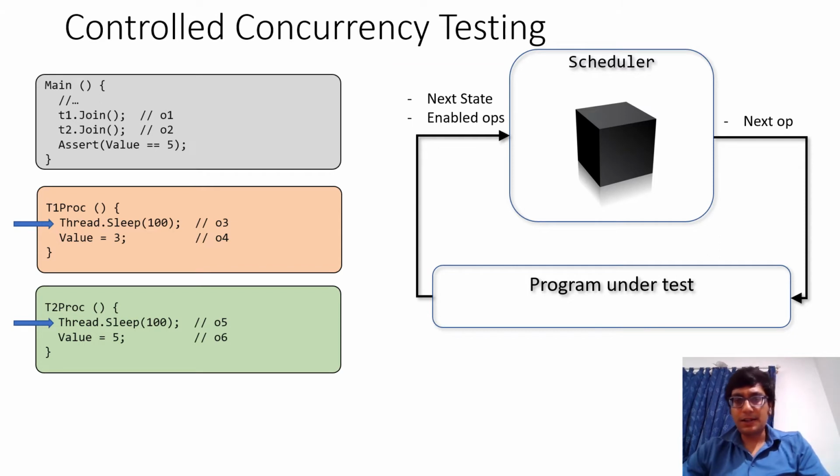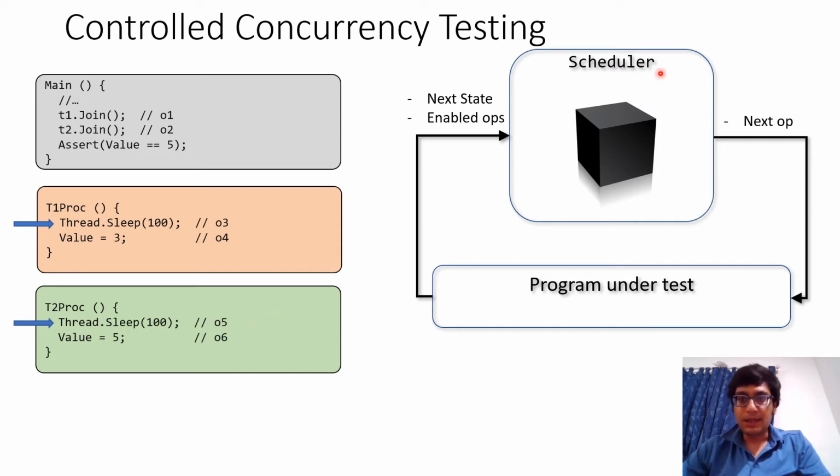The high-level architecture of control concurrency testing is as follows. There is a concurrent program which is under test, and there is a scheduler which serializes the execution of this concurrent program by making control decisions. So the scheduler can observe the next state of the program along with a bunch of enabled operations. In this case, the enabled operations might be the two sleep operations, which is represented here as O3 and